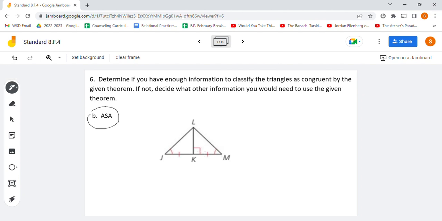As we can see, we've got a 90-degree angle there, and this is a straight line. So this is a supplementary angle on this side, which means it's also 90 degrees. Since those are both 90 degrees, we know that those two angles are congruent. So we'll add that marking right here, and we have, yes, we do have enough information, because